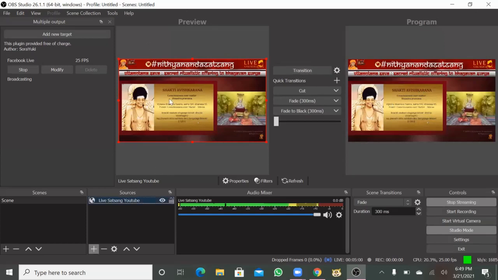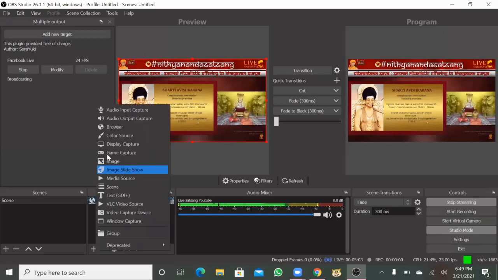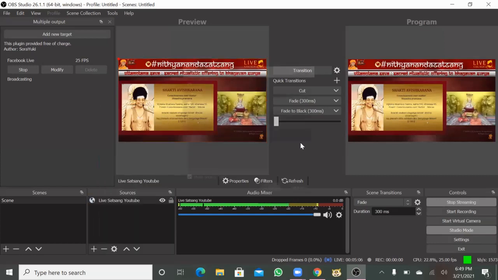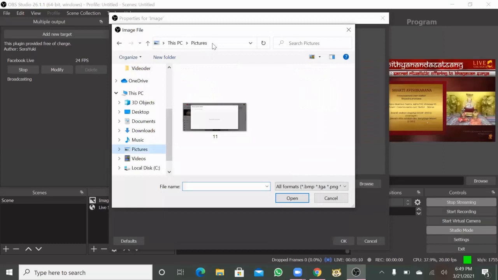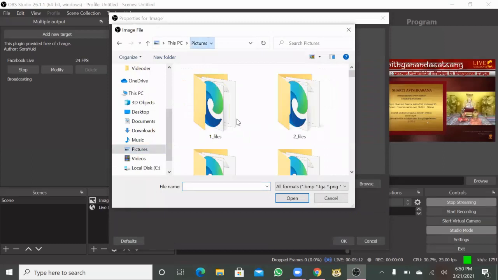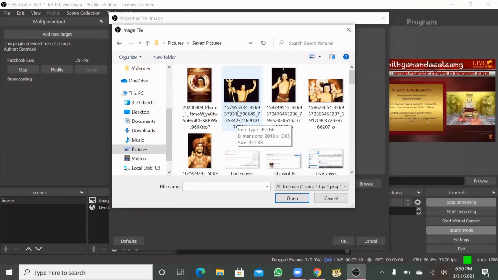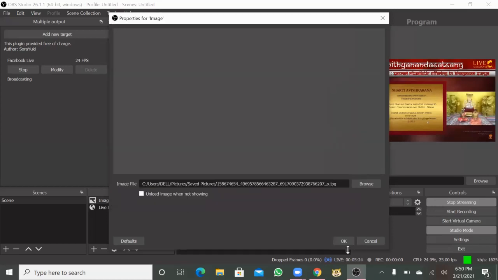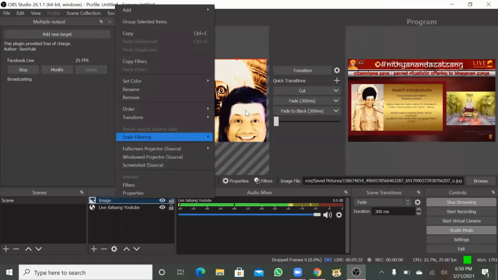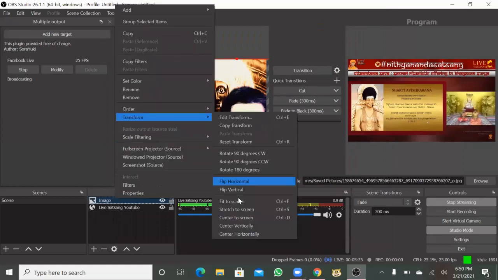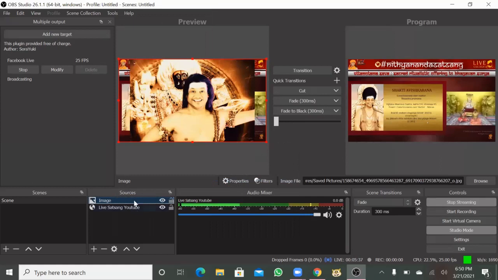So in order to cover this scene, I'll add an image. Click on the plus button and select image input. And select a picture from your PC. Ideally, you can select the Kailasa banner or the Kailasa wallpaper, or any large image of Swamiji that's horizontal shaped, and press OK. So now since this image is too big for my canvas, it's getting cropped. So to prevent that, you can right click on it, go to transform and click on fit to screen. So as you can see, this works like layers.